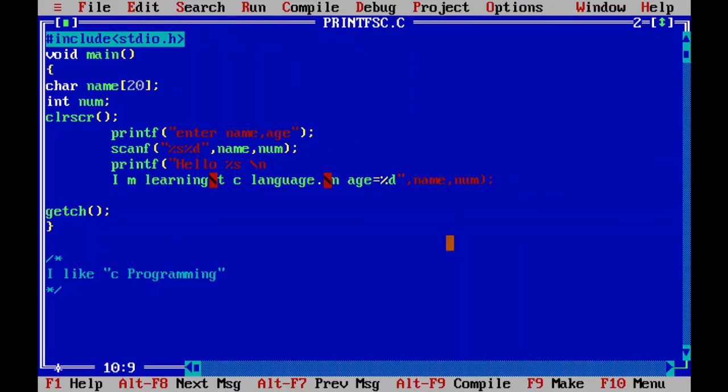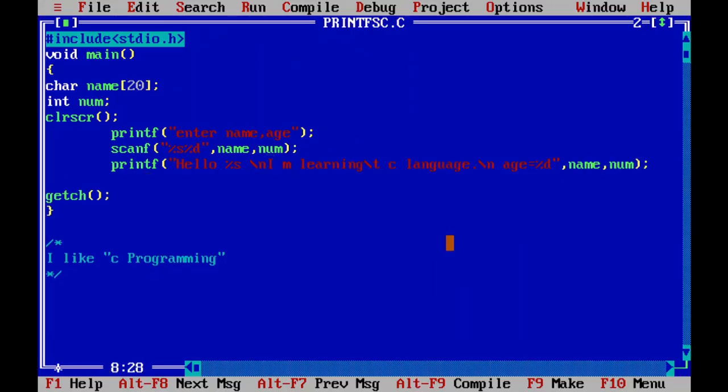There will be displays some garbage value, because अगर आप integer के साथ work करें then you have to write down ampersand. अगर string के साथ work करें then you do not require to use the ampersand. लेकिन other जब data type use कर रहे हैं आप, num रहेगा, float रहेगा, double रहेगा, for that you require the ampersand sign in the scanf. जब आप scanf में वो data read करते हो तो यहाँ पे आपको ampersand sign देना ही पड़ेगा, otherwise it will not read that data properly.